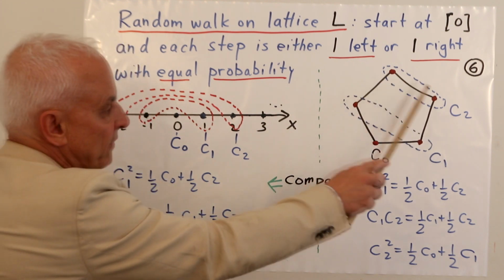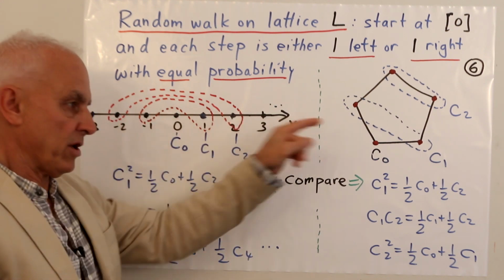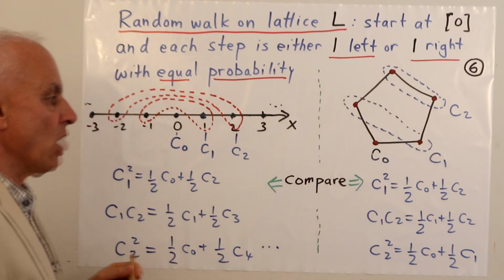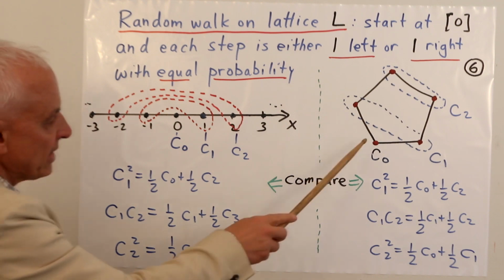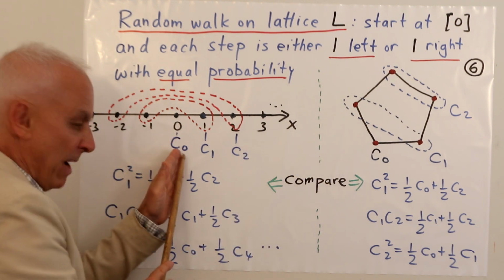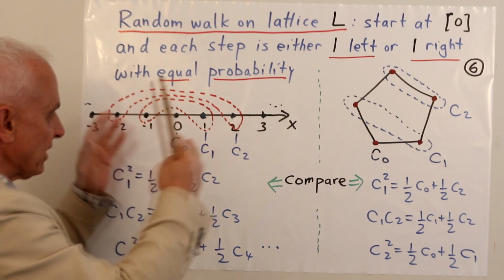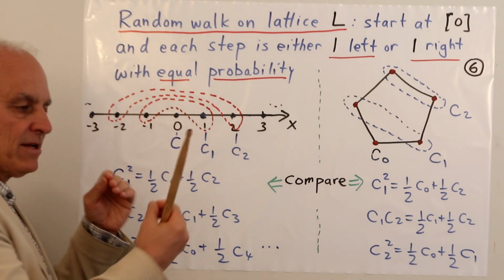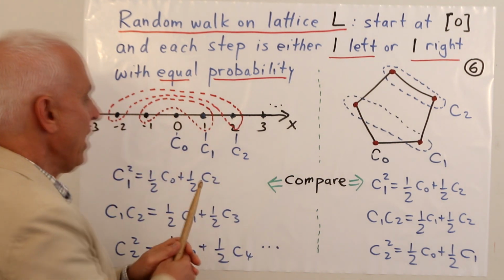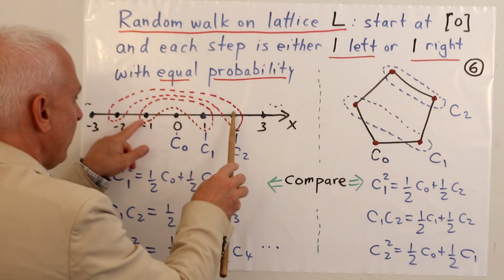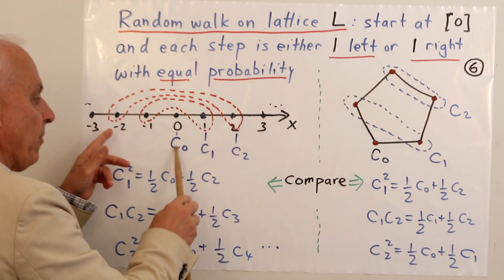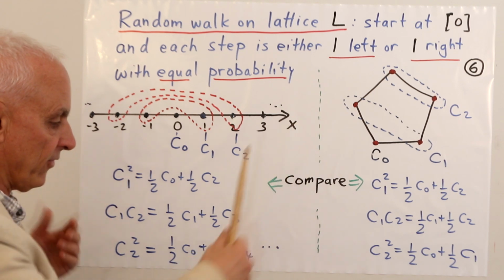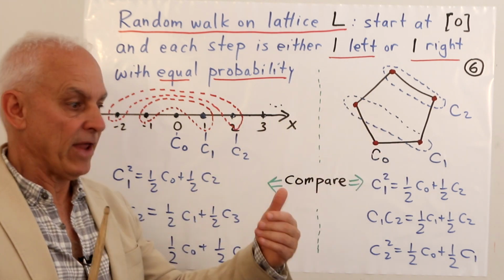And that's exactly the same kind of thing that we're doing here, except that now the random walk potentially could go very far in that direction or very far in that direction. It's not bounded by the geometry of the configuration. So just as in this case here, from the perspective of C0, this diffusion has a symmetry. After one step, we could be either at this point or at this point, and so it's convenient to lump those two together and call that C1. Then these 2 points here, both of distance 2 from C0, form what we call C2. And then these 2 points are going to form C3 and so on. So we're going to have an unbounded number of these elements now.